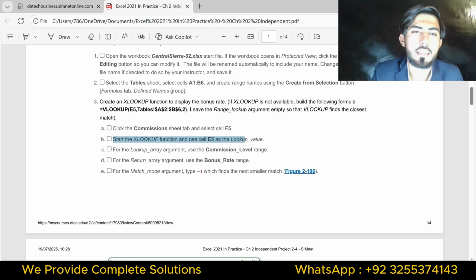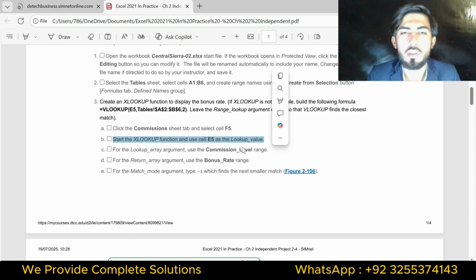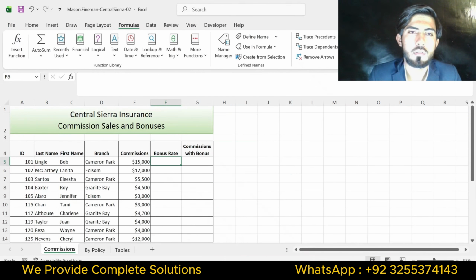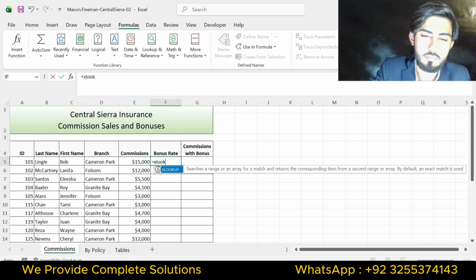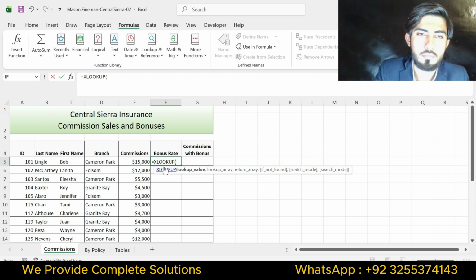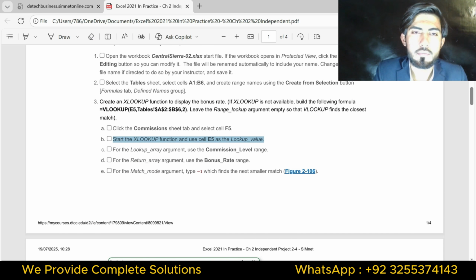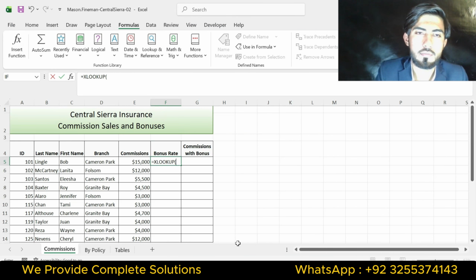Part B is start the XLOOKUP function and use cell E5 as the lookup value. So I will use the XLOOKUP function in cell F5 to calculate the value of the bonus rate and use cell E5.